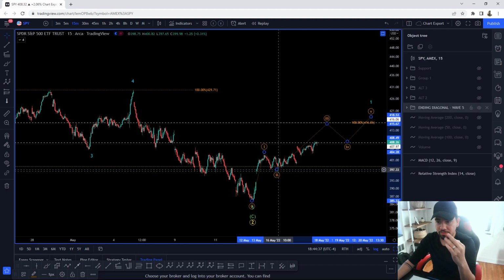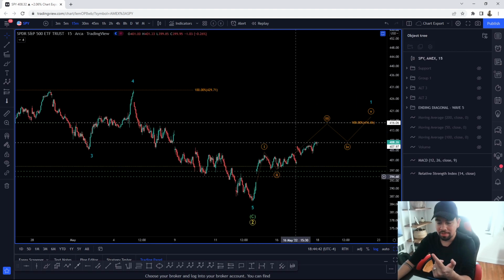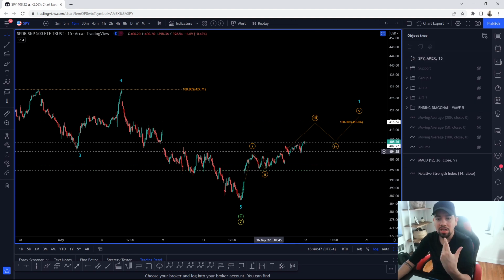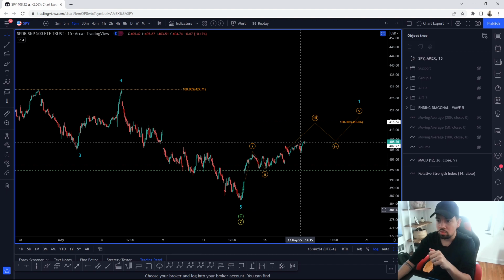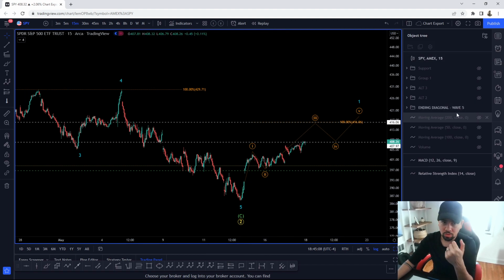So far we only have 3 waves, and because it's not looking too impulsive to me, I don't think that this may be the case. I think what's happening here is that we may see a little bit of a push higher, but we are having a very hard time getting above the $407.97 region, which I noted in today's update in our Discord group. We are seeing a little bit of hesitant moving upwards from there. But our next target here should be the 416, which will be equality to the wave 1 and the wave 3. If we start rolling over tomorrow or into the overnight session, which I'm not sure, let's wait and see,